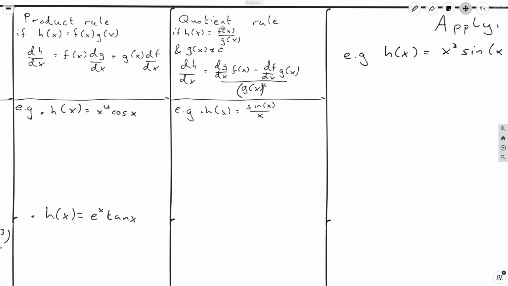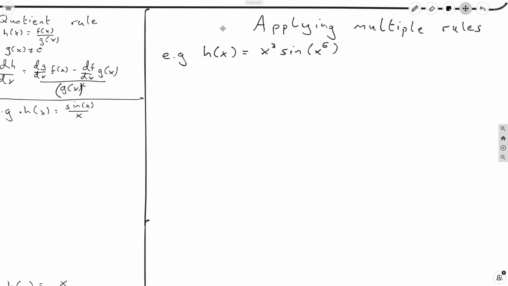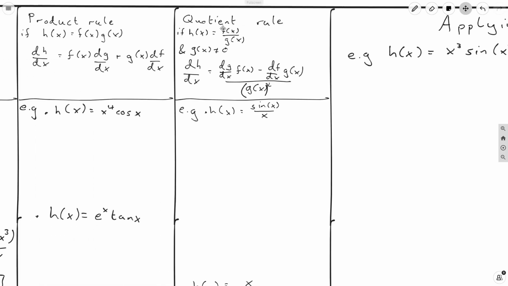This time we'll be going over some more rules of differentiation, specifically the product rule and quotient rule. We'll also, at the end, apply multiple rules at the same time and see how they stack on top of each other. So here is the product rule, and it states that